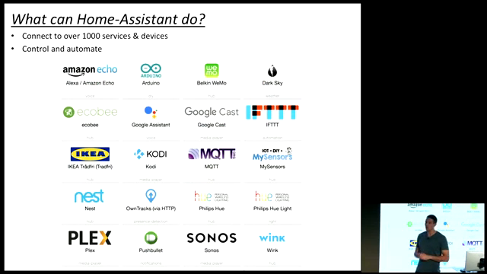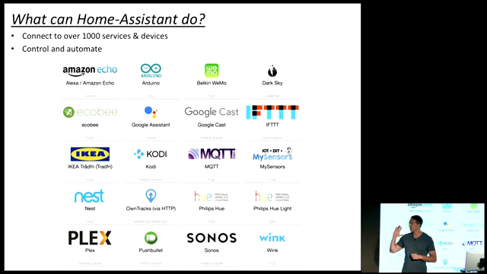So the next question is, what can you do with Home Assistant? Well, it's a smart home hub. What it's really great at doing is linking together different services, allowing you to control them all from a central place. And you can then set up very advanced automations to do routines. I've got a screenshot over here of some of the main high-profile integrations that are available within Home Assistant.